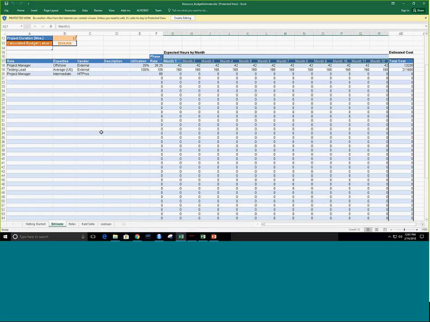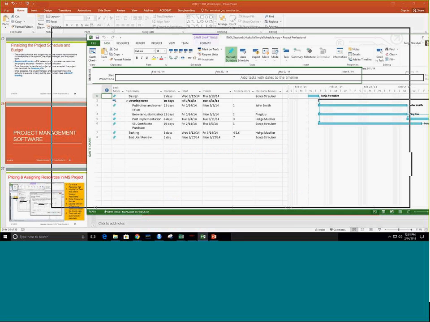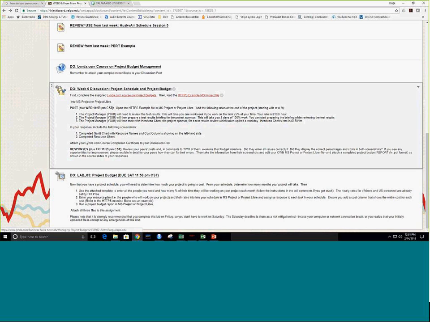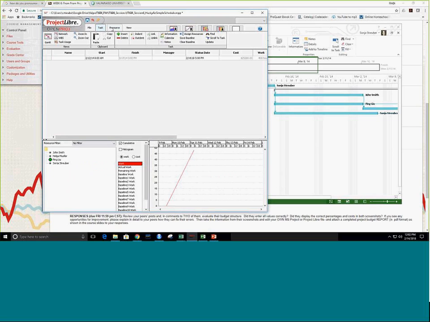So now having that, how does all of this fit together in project management software? First of all, if we go into Microsoft Project, I have here open the HTTPS file, which you have right here. You have right here the HTTPS exercise sample schedule. I have that open in Microsoft. I also have it open in Project Libre. Okay, so